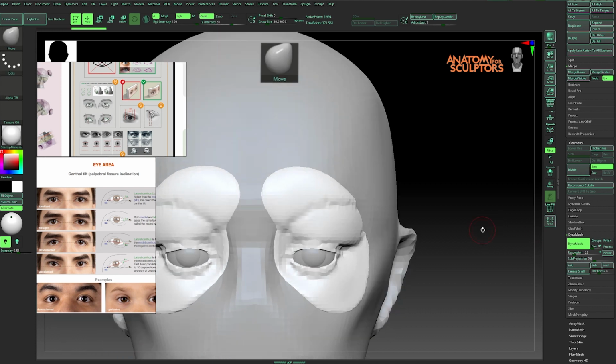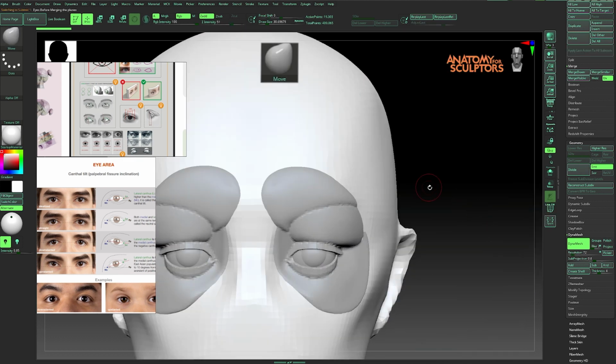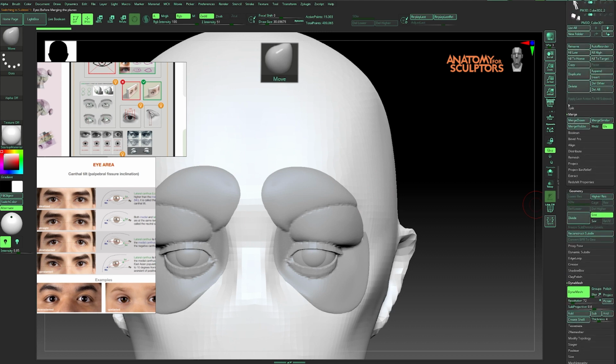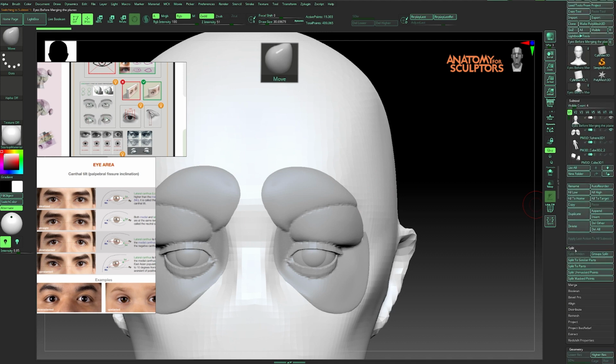I dynamesh them at different resolutions to find a good dynamesh resolution that is low poly enough while my mesh doesn't lose details. It's especially important in different face parts like eyes, nose, and mouth, because we need the definition to be precise and we don't want to lose all the eyelid shapes, mouth shapes, or nose shapes that we created. Losing some detail is okay, we can carve that back, but losing the main shapes is not okay.